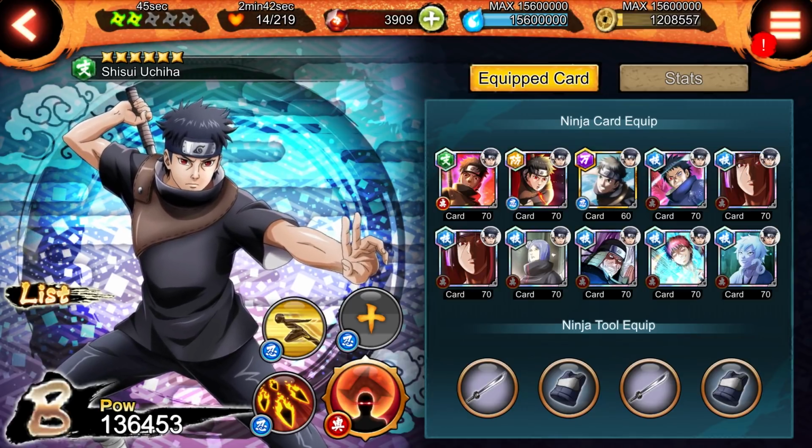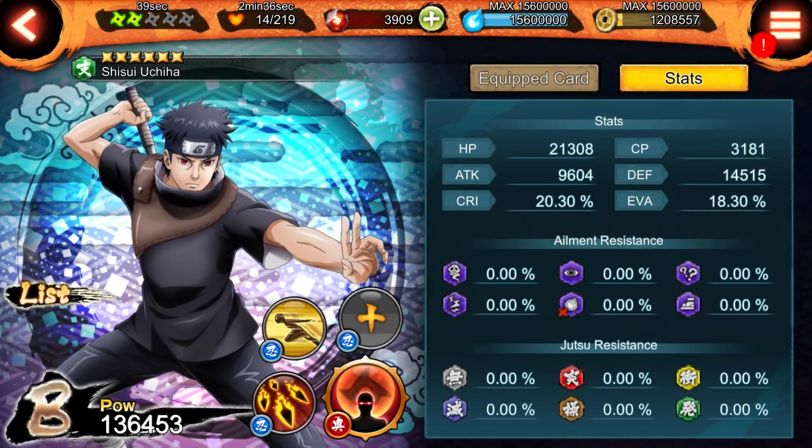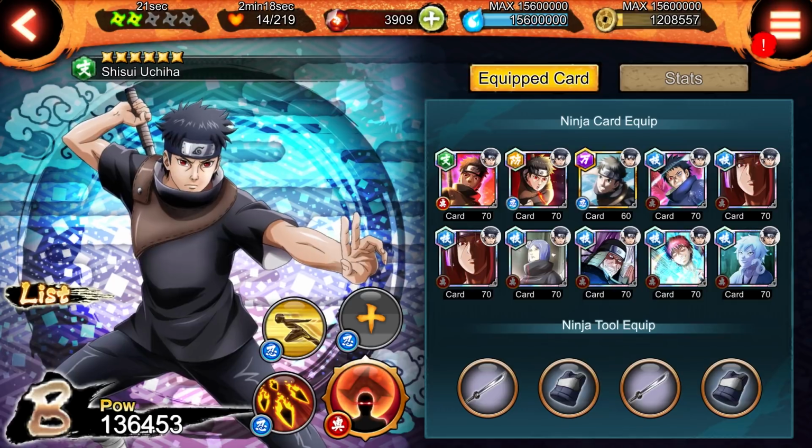So Obito does have weaknesses, of course, because he's a blue type and he dies very fast. He doesn't have as much HP and defense as Shisui, and that's probably the only thing that Shisui is better at here, which is survivability. He also has the invincibility in his ultimate that can stop the damage over time effect, and Obito cannot do that. If Obito gets hit with a damage over time effect, he's going to lose HP anyway. So overall,